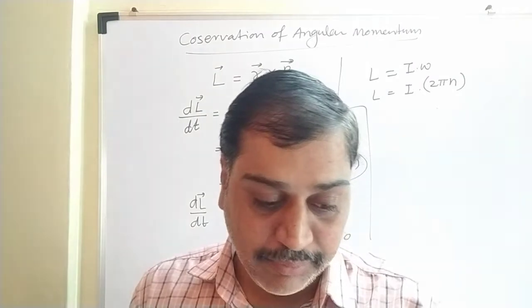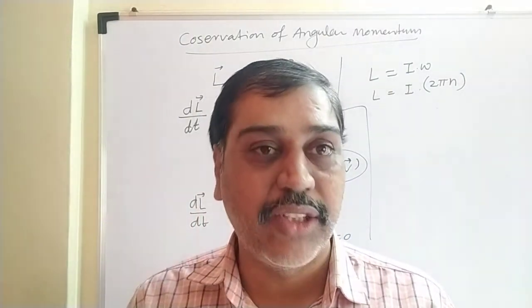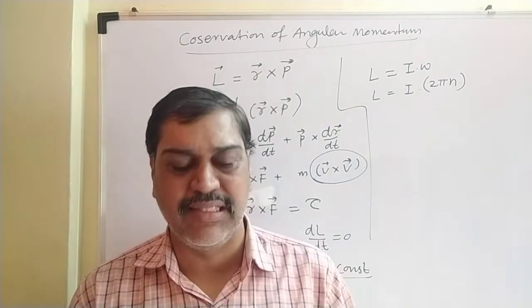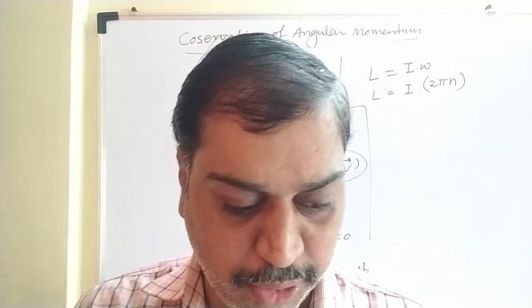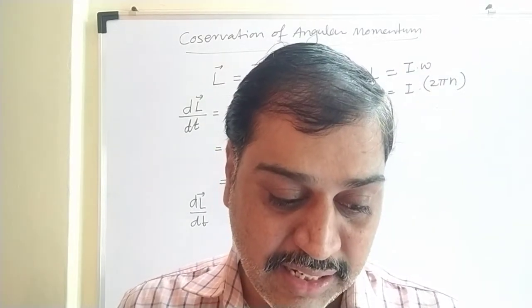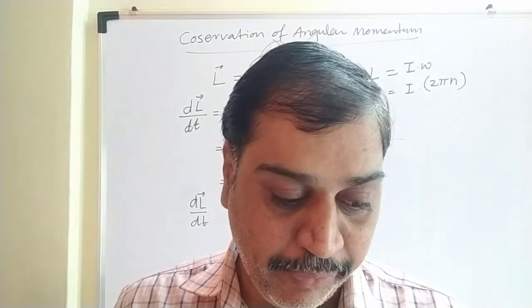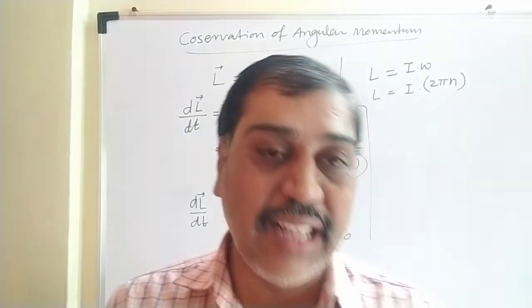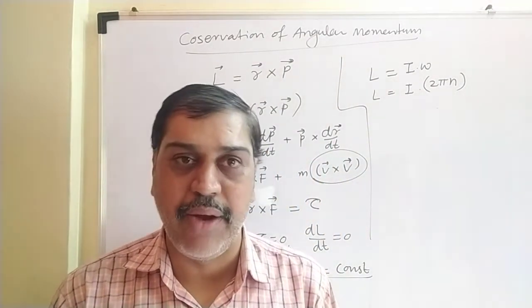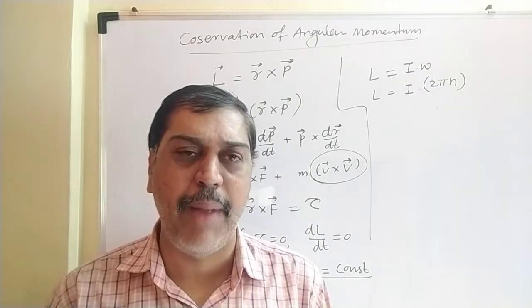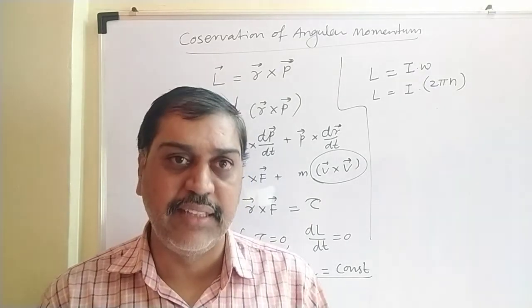And after that, just remember, this principle of conservation of angular momentum has been applied in a lot of things. In your book they have mentioned that during some shows, ballet dancers use this concept, acrobats in circus, sports like ice skating, diving in swimming pool. These are examples of conservation of angular momentum. And this is a very interesting phenomenon of conservation of angular momentum used in this type of things.